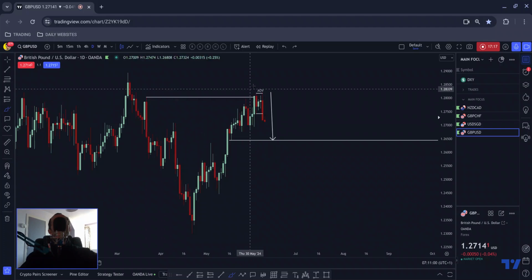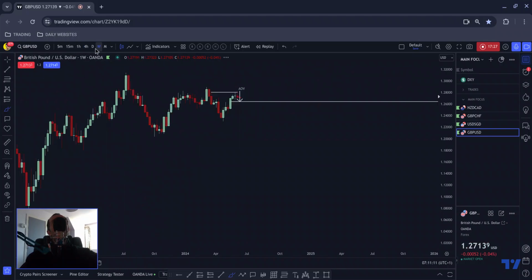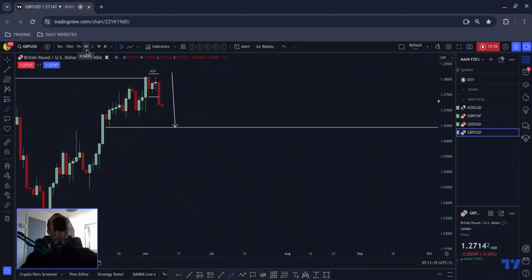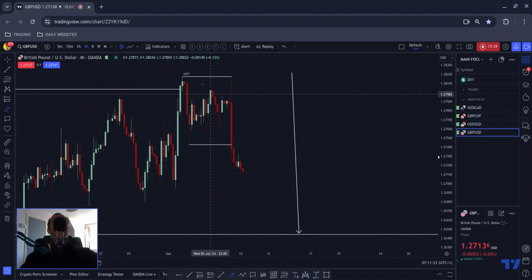Okay, you can see on the daily, heavy bodied candle, big wick above it. These are more bearish than the solid bodied candles which don't have a big wick above them. On the weekly chart, you can see a bit of a wick below that. So it wouldn't surprise me if we consolidate sideways because of that weekly. But you can see the structure there, 1, 2, 3.